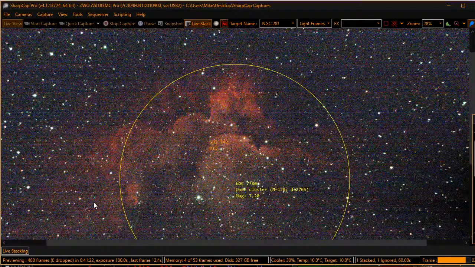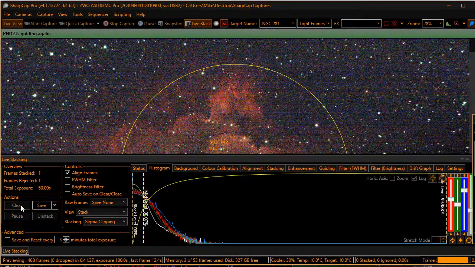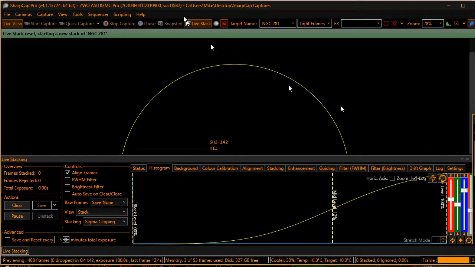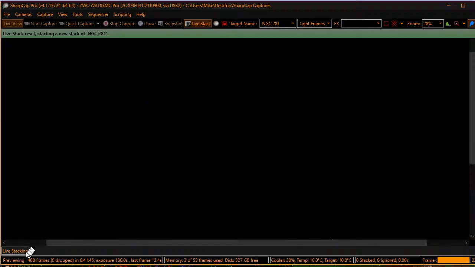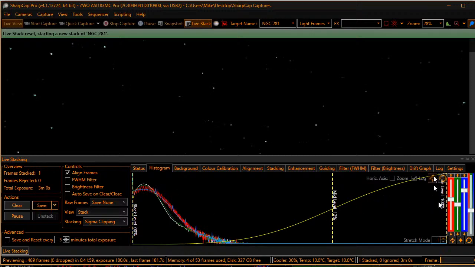We'll let a few subs come in here first. Right now it's very noisy because I have it stretched really hard on the histogram. Once I get the first image here, which is going to land in just a few seconds, I'll be able to do a stretch that's much less noisy. Basically, I'm using a profile that has all the settings for a 3-minute exposure, but only doing 1 minute of exposure because